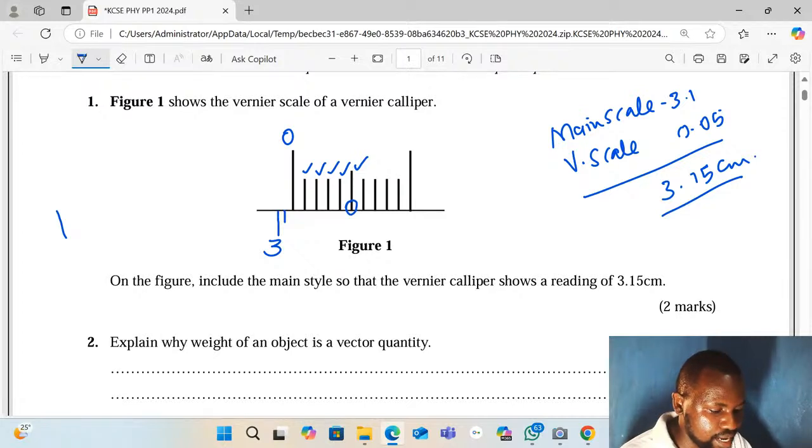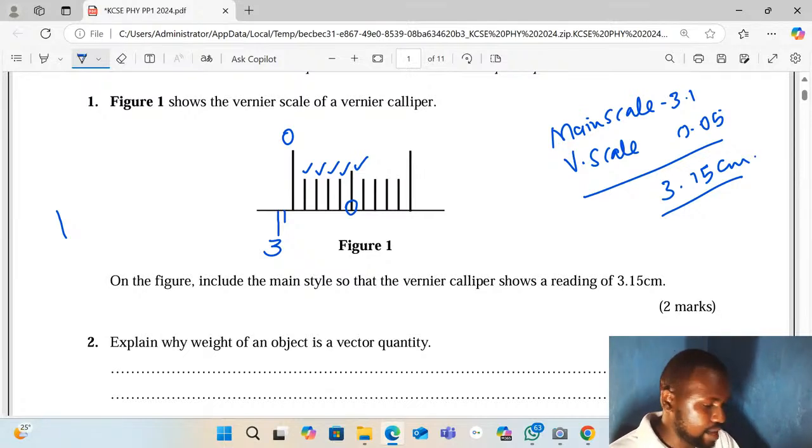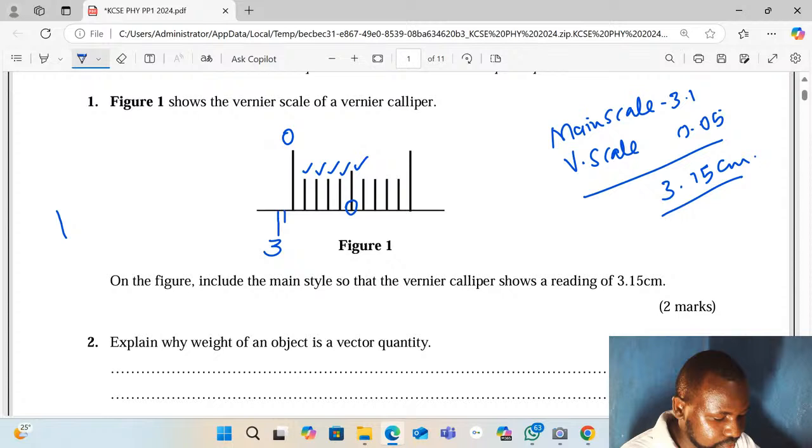Therefore, I should find where my 4th centimeter will be from. Therefore, I can say this is 3.1,